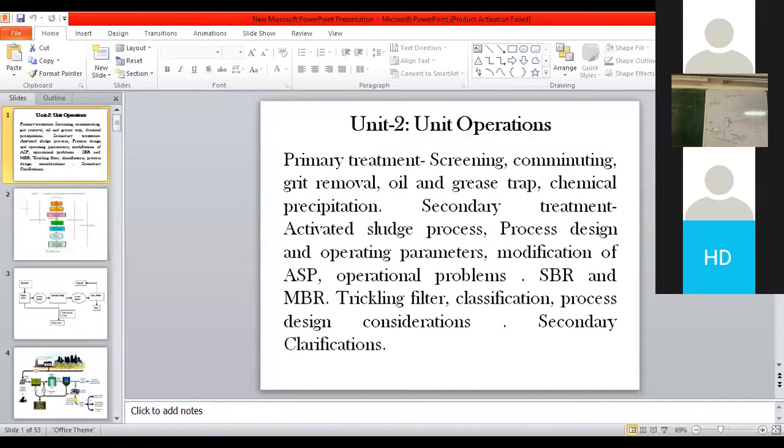Okay, slide is shared with you. I will go to that particular slide.